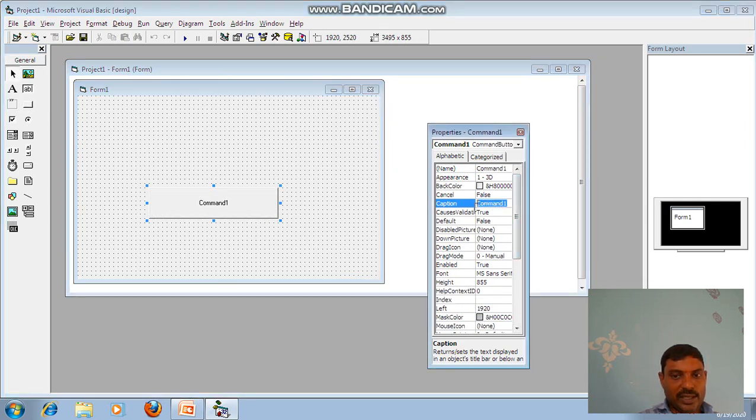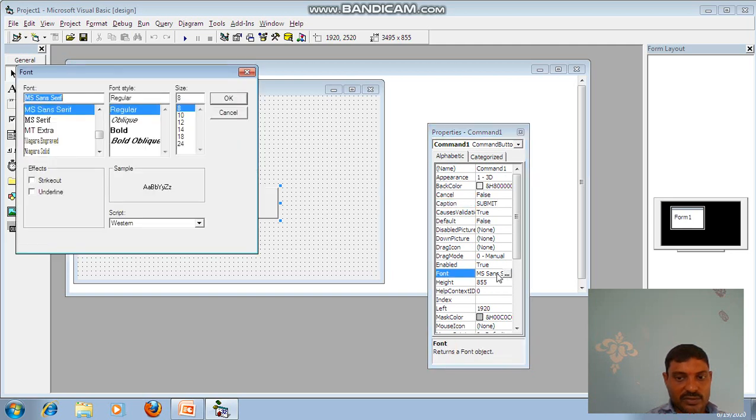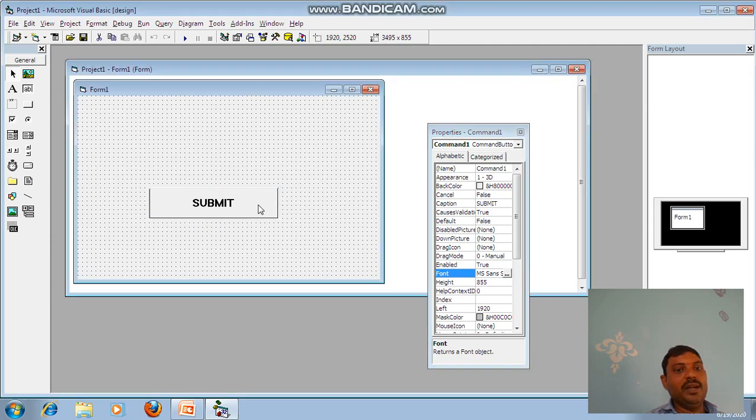I'm changing the caption to Submit. The name is Command1 itself. I'm changing the font to bold and 14, and resizing this with the mouse pointer.